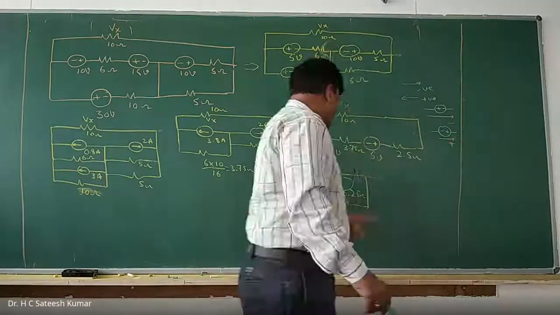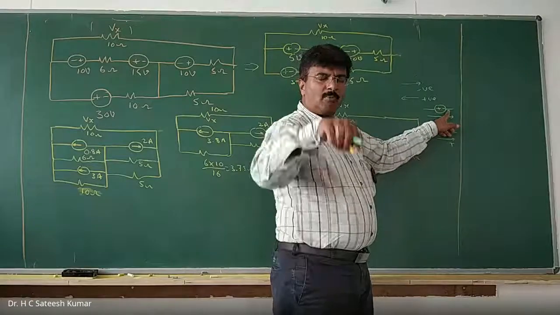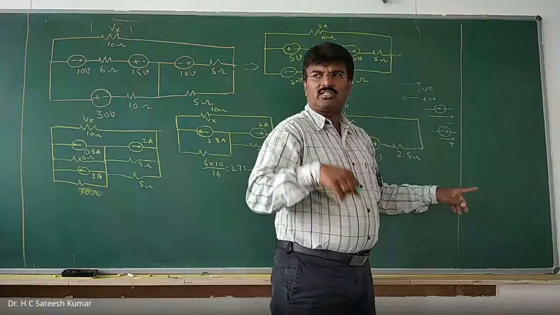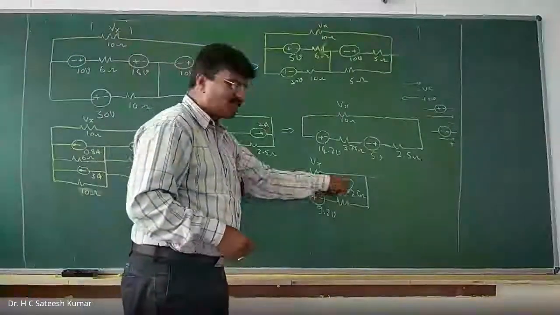Now, if that is the case, that means plus to minus is voltage drop. Voltage drop is negative. And minus to plus is voltage rise. Voltage rise is positive. That's how we should take it. Now I am going in the same direction of the current. Minus